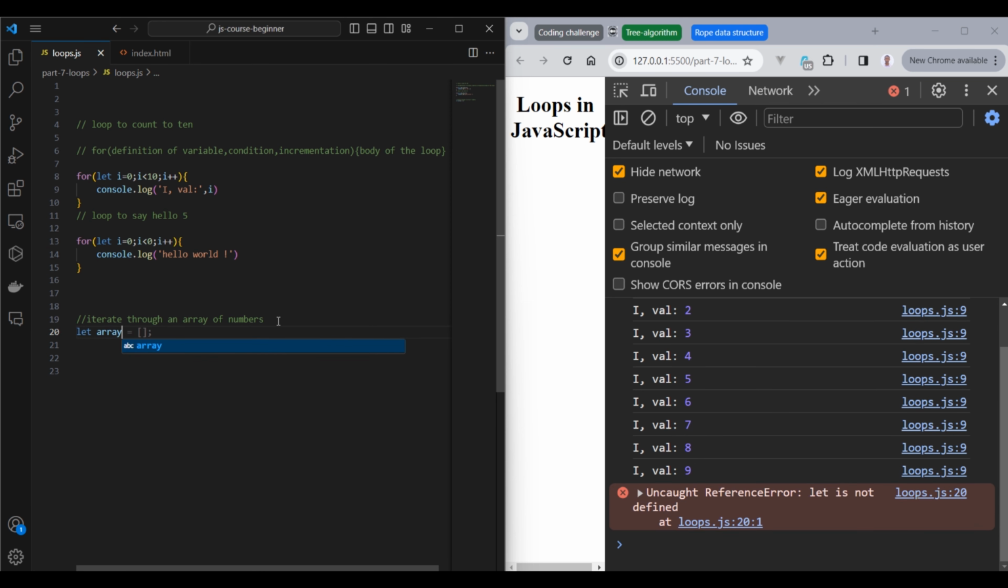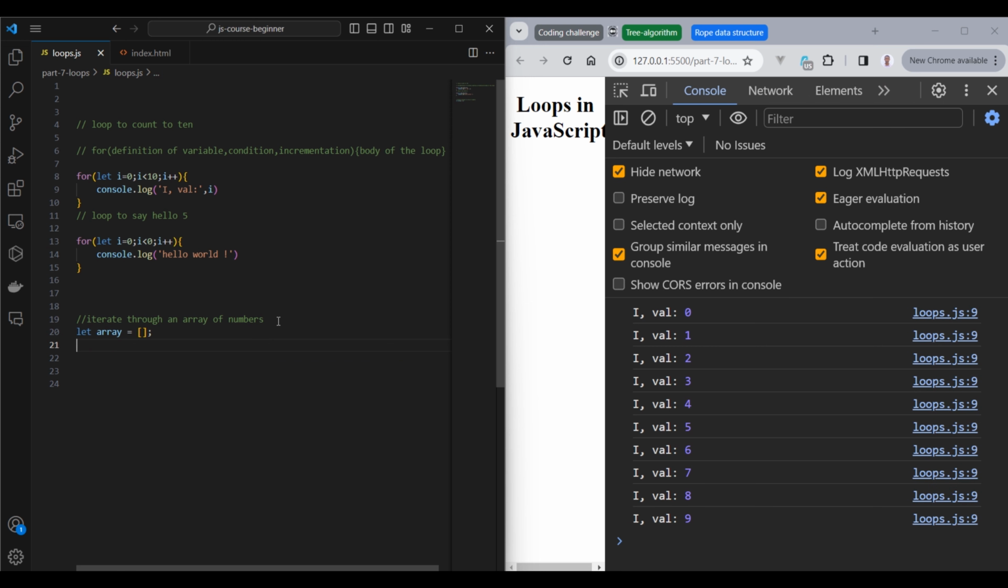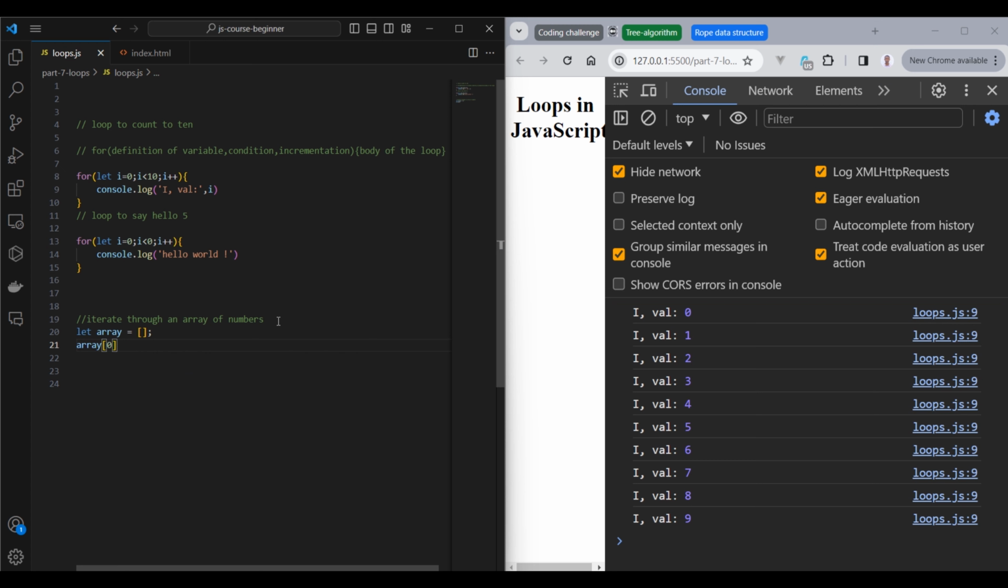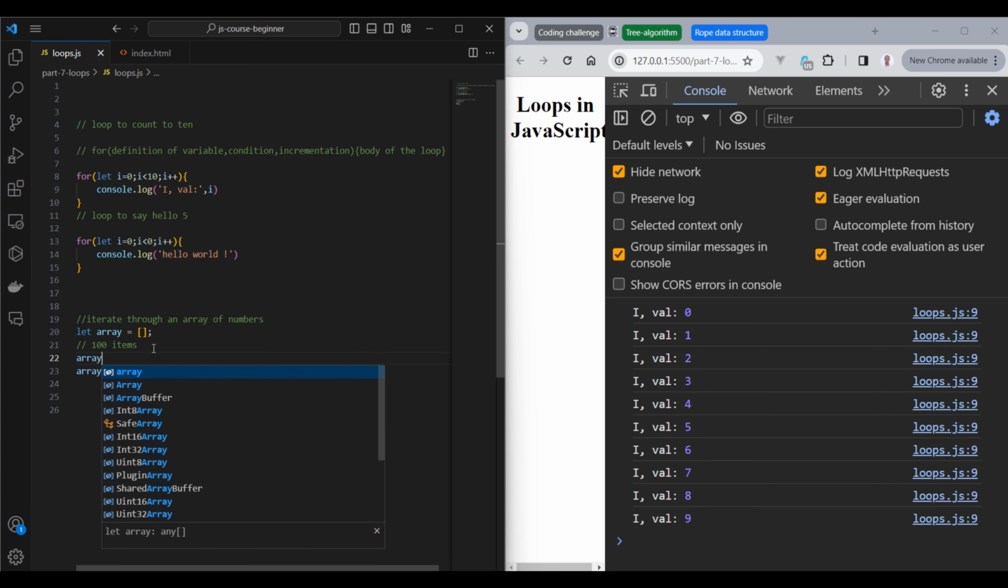Okay, we learned how to declare an array, and to access items within an array, we can write the name of the array, then square brackets, and then the position of the item that we want to access. Suppose you have an array with hundreds of items in it. If you want to access all items, for example, you can access item 1